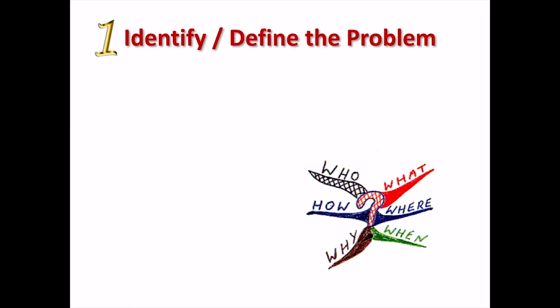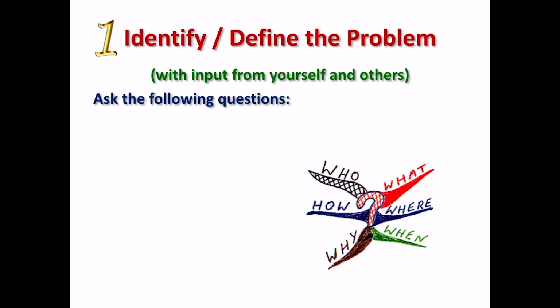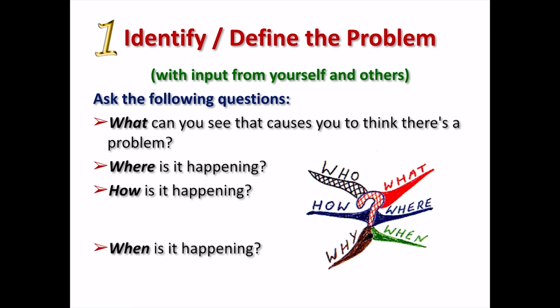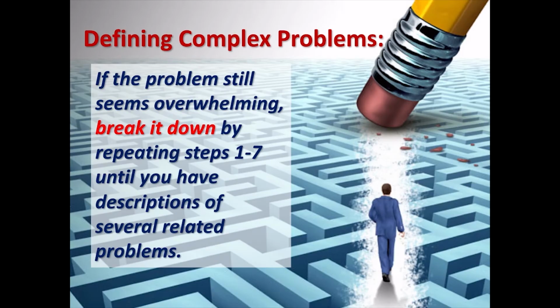Identify the problem. With input from yourself and others, ask the following questions. What can you see that causes you to think there is a problem? Where is it happening? How is it happening? When is it happening? Why is it happening? With whom is it happening? Define complex problems. If the problem still seems overwhelming, break it down by repeating steps 1 to 7 until you